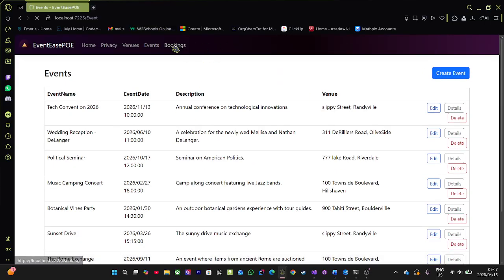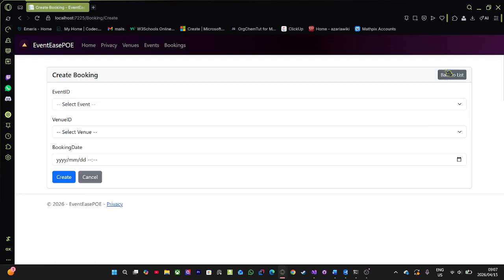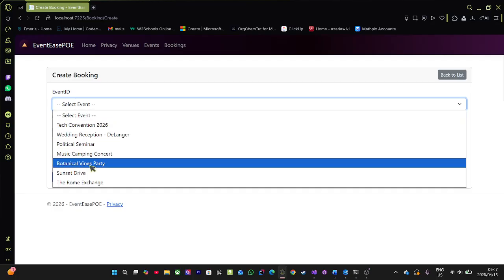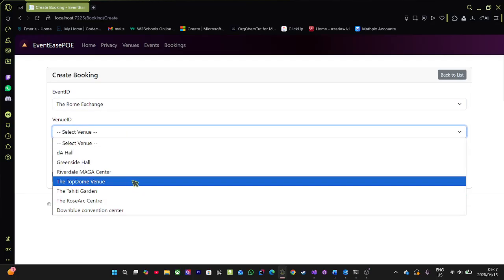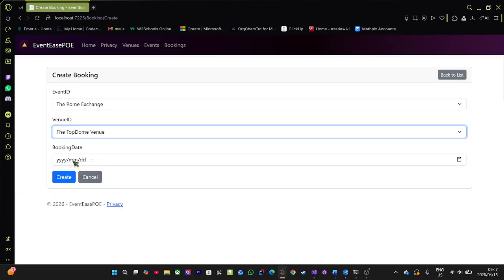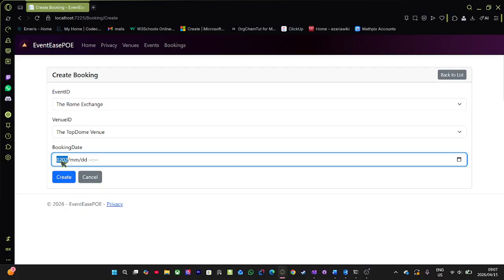So we'll go to bookings, we'll make a booking for that day. So we'll select the event, we'll say the Rome exchange. This will happen at the top down venue, and we'll say 2026. Set a different month, we'll say the 8th, 11th, and then we'll say also 12 o'clock, right? And then we will create,